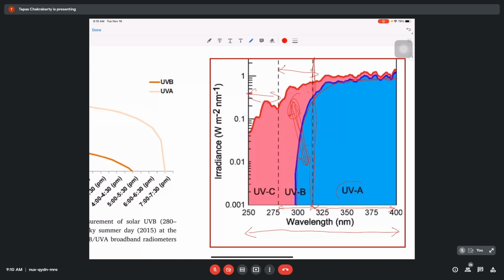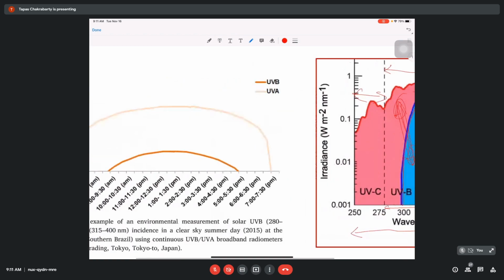It means that below 300 nanometer, the intensity of the light is very small. So what is available in the lower part of the atmosphere is the whole region of UVA and part of the UVB region, that is, the longer wavelength region of the UVB. And of course, the content of ultraviolet light in the solar radiation depends on two factors. One is your latitude, and another is the time of the day.